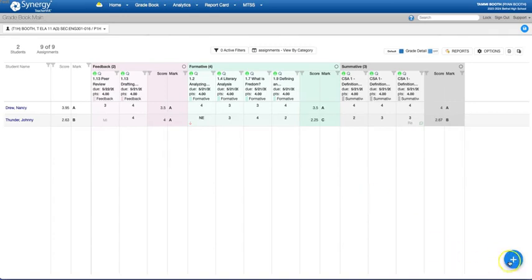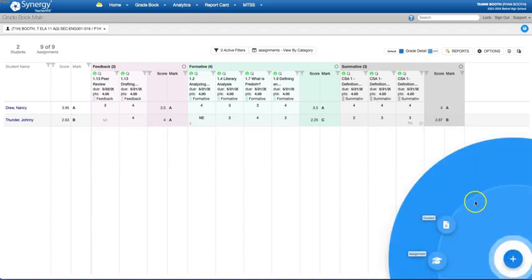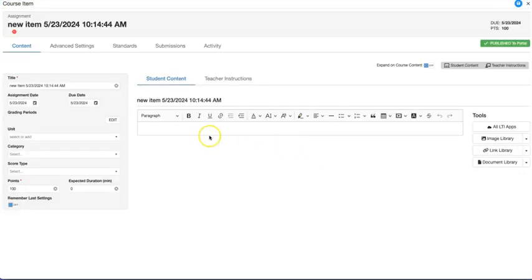So I'm going to start in the bottom right-hand corner with a new little plus button. That's going to open up a big, large blue circle, and I'm going to click on Assignment. This is going to bring me to my assignment description page with a lot of the same options that we were used to seeing in the past. I'm going to start by giving this a title. I'm going to call this CSA 2